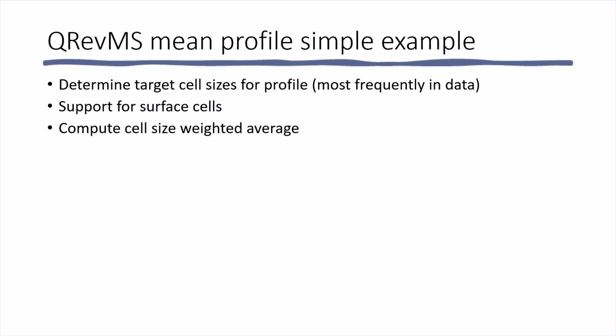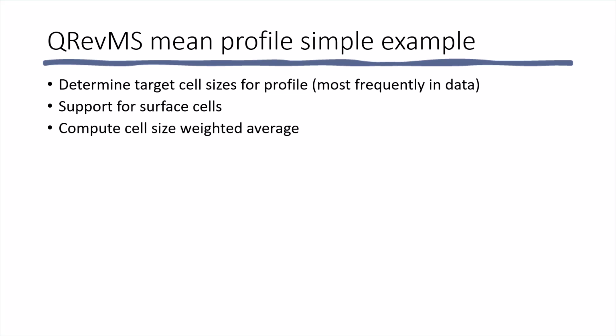QRevMS determines the cell size that occurs most frequently in the data collected at a station. This cell size becomes the target cell. For TRDI ADCPs with surface cells, the surface cells are recognized and handled as surface cells when positioned above the topmost target cell. The mean velocity components and signal strength values are computed for each cell using a cell size